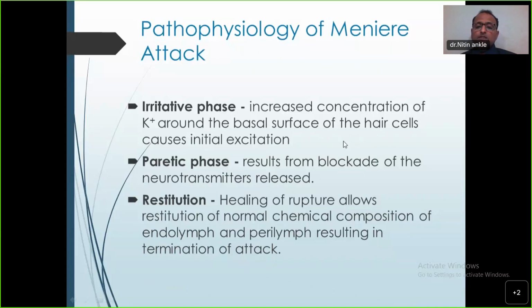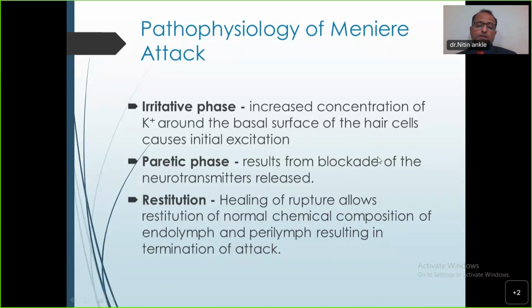The paretic phase results from blockade of the neurotransmitters once they are released. After it gets excited, the neurotransmitters are released, and the nerve synapses are stimulated. And after that, there is a blockade of the neurotransmitter after it is released. This is the paretic phase, which gradually comes down, and then the recovery phase or restitution phase occurs, where there